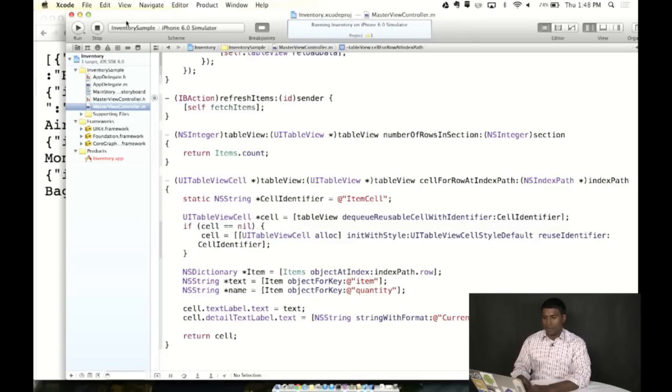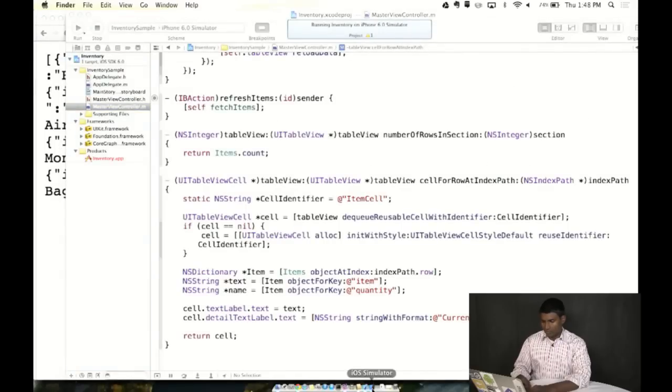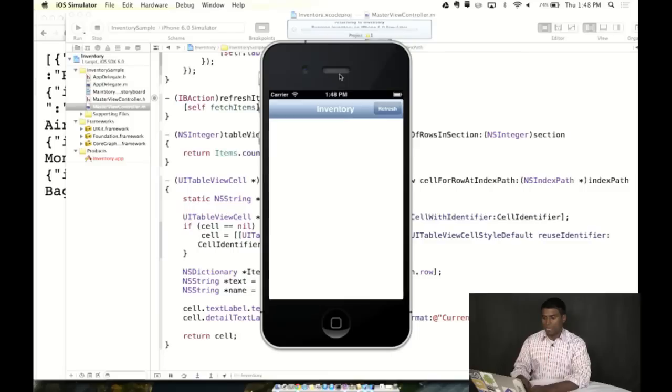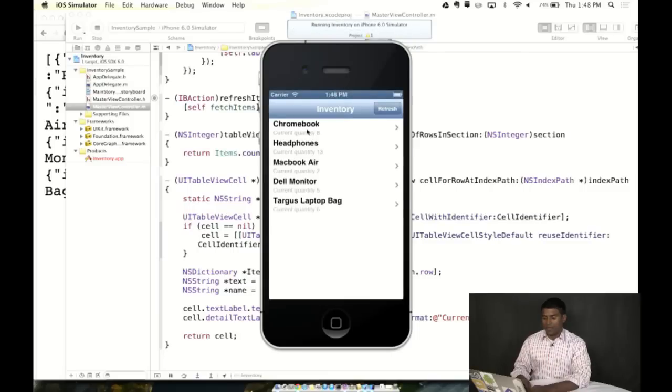So this will fire up the simulator. Sitting over there, I think. Might take a second. There it goes. And there's the data, right? Very simple API. And I'm able to see all the objects I have, all the items I have in my inventory spreadsheet, and the current quantity. So let's do a quick test. So let me actually go into my spreadsheet,